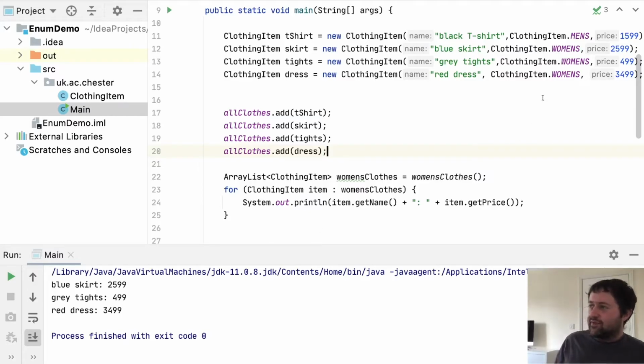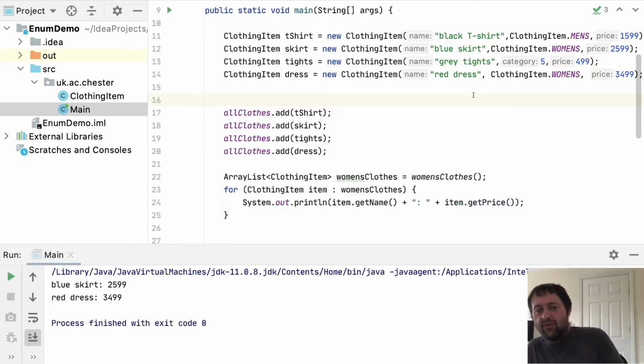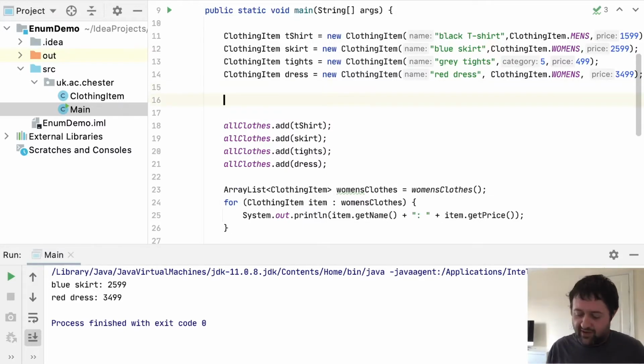It doesn't solve the problem entirely, however, because it's perfectly possible for me to just type in any old integer value there. Okay, so I can run that. The code won't crash, but now we're going to lose grey types from our list. So really, we want to get into a position where it's not possible to create a clothing item without supplying the right value. The other thing is, let's say we want to create another clothing item,